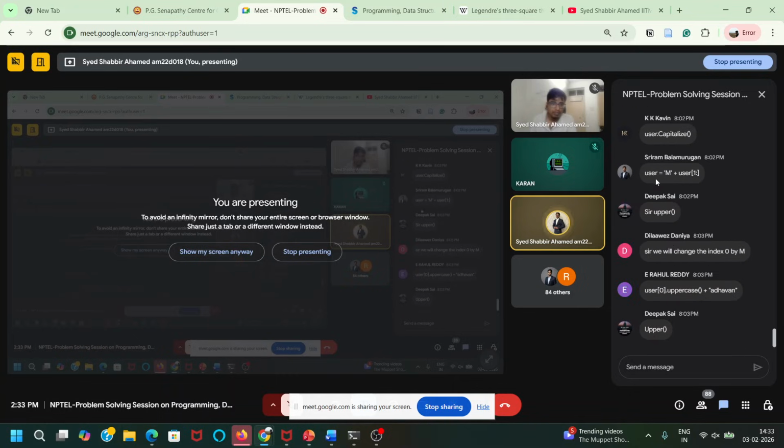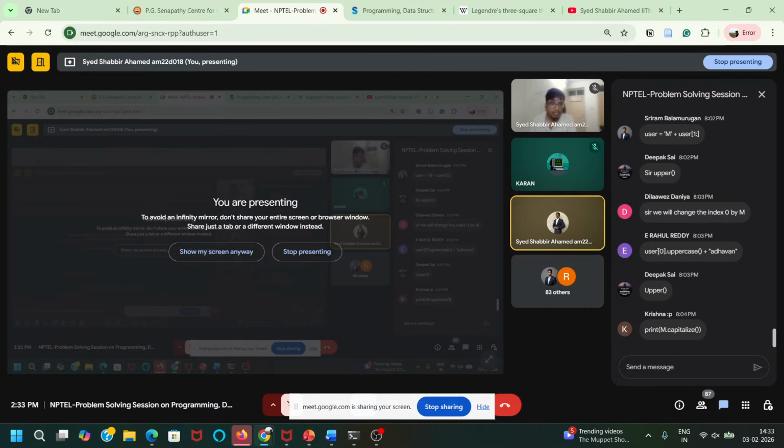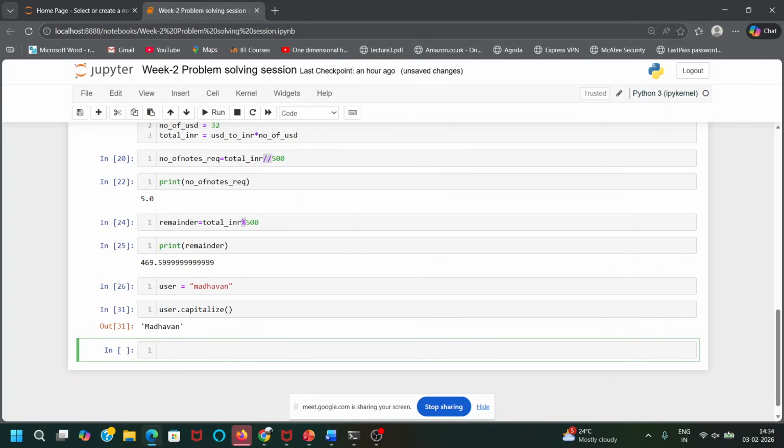This is also one way: user is equals to m plus user one all. Dilavis, whatever you have said is the wrong answer because we cannot change the index 0 to m. So I was looking for this answer.